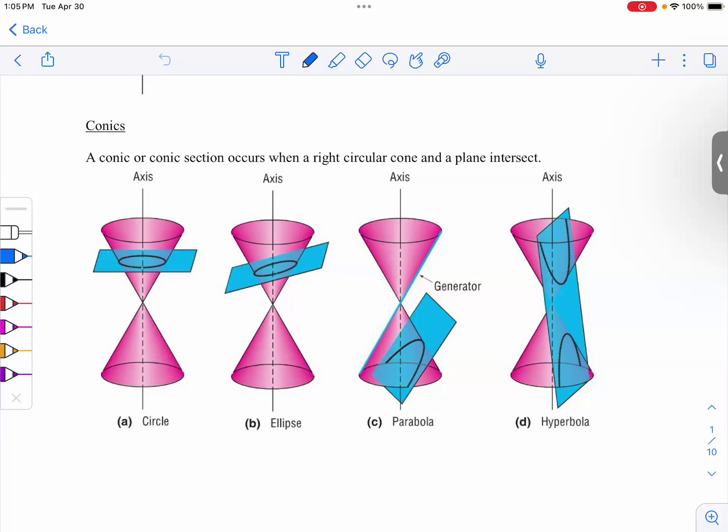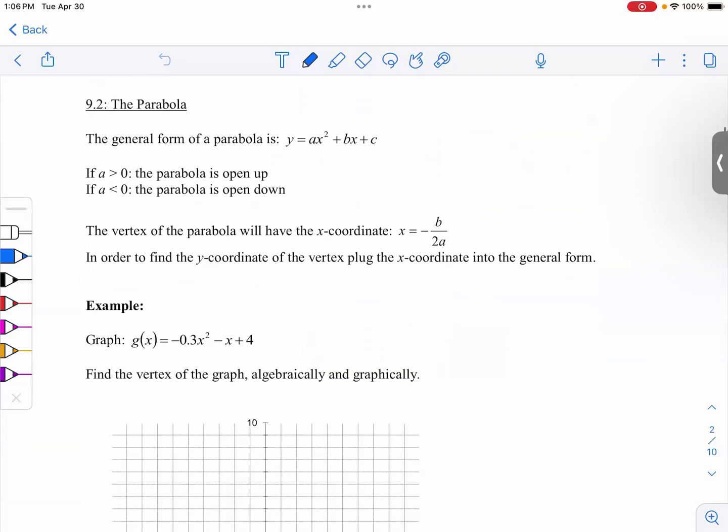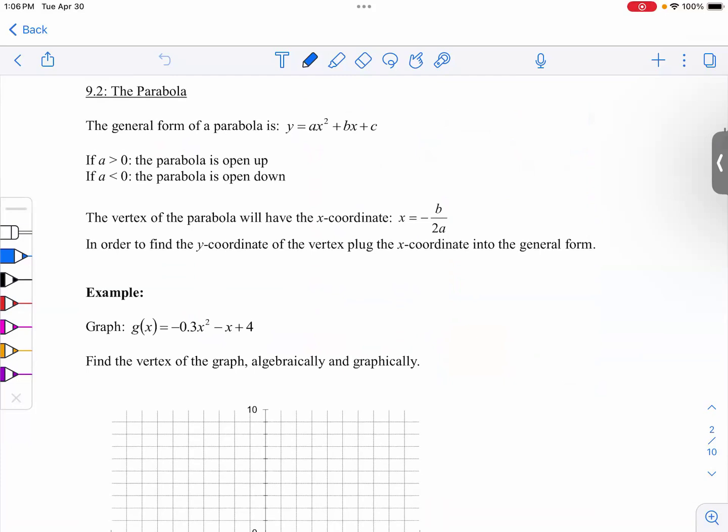So these are graphs, all right, that you actually should be familiar with. And since a lot of things in trig relate to triangles, and triangles then we always seem to come back around to circles, these are just a few shapes that we should be familiar with. So let's start with the one that we are ultimately familiar with, the parabola. And so to refresh a couple of basic thoughts about a parabola,